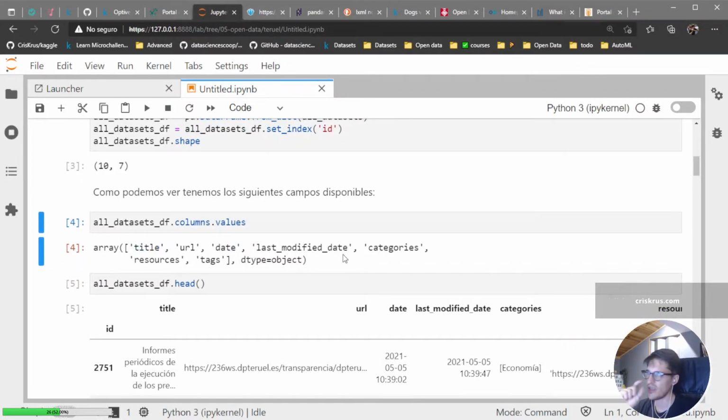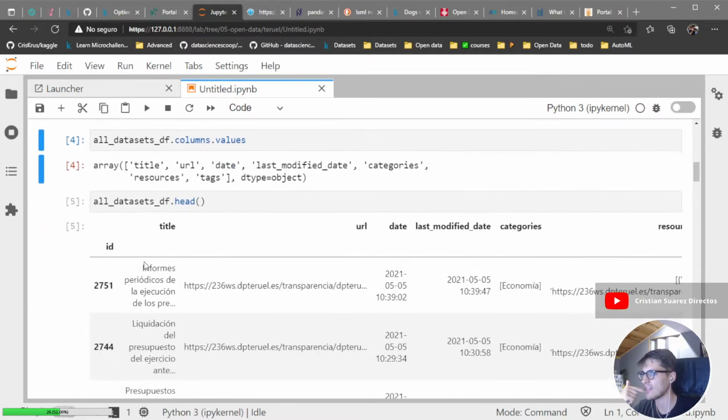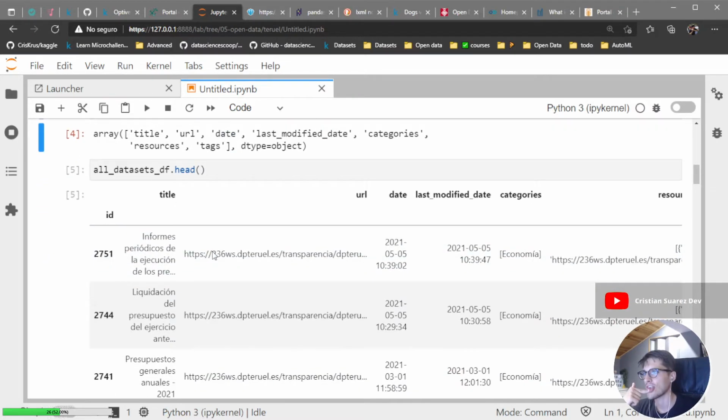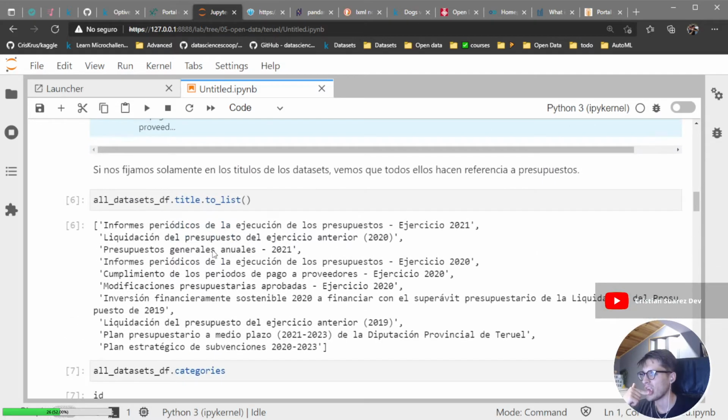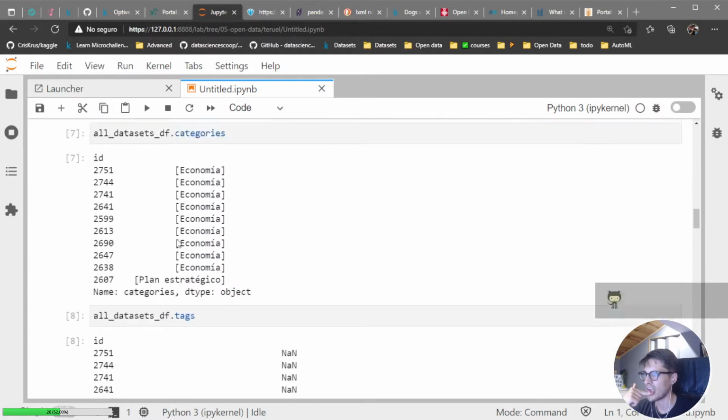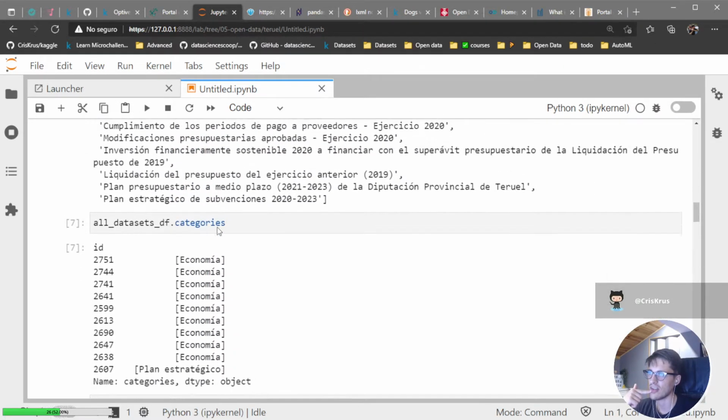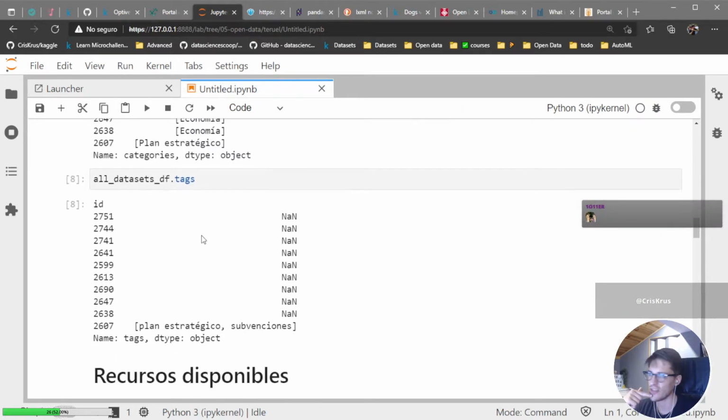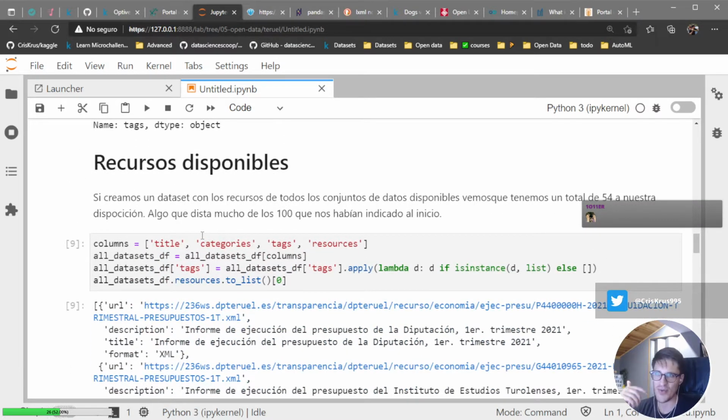And it's tricky because inside those columns there is one column that is resources, that has a list with the different URLs to access the data itself. So we checked the titles, the categories, the tags, and so on. Yeah, it's really messy and it's weird.